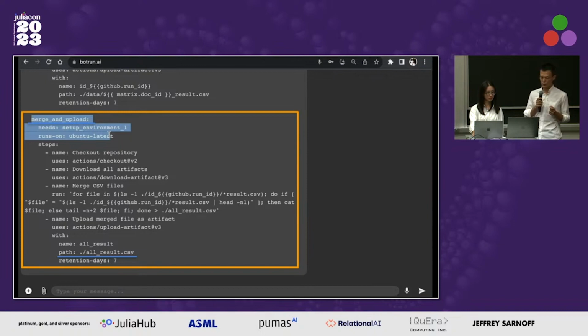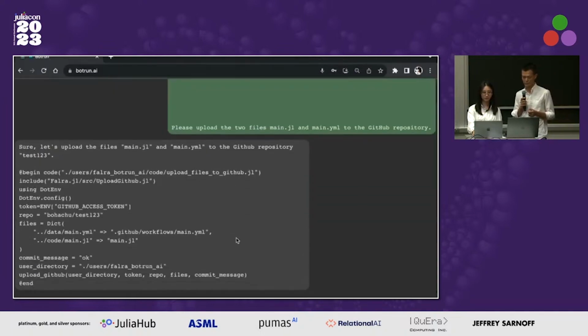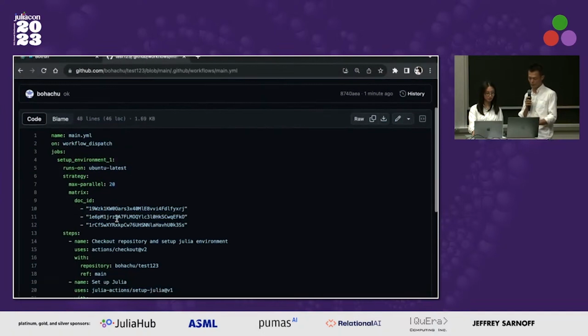Baran, please upload the 2 files, main.jl and main.yaml, to the GitHub repository. Okay, we can see the files are already on GitHub. Baran, please dispatch main.yaml to run it.